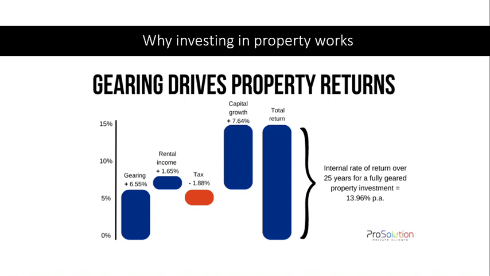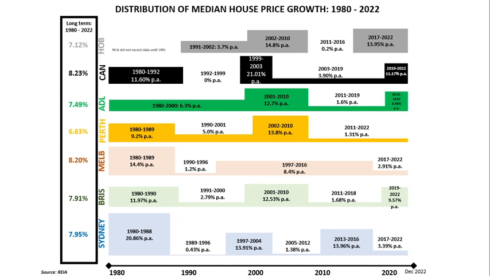People always think about property versus shares as in which is the better investment. It's a bit of a silly question. They're both very good asset classes and you can build a lot of wealth investing in either of them or both of them. It's really about whether you should borrow or not, and it's the borrowings that are driving most of the return, as long as I'm investing in an investment grade asset, which I'm going to talk about in a second. The second point that I'd like to make with this second chart is that you need